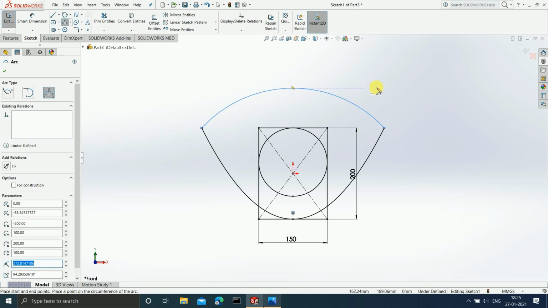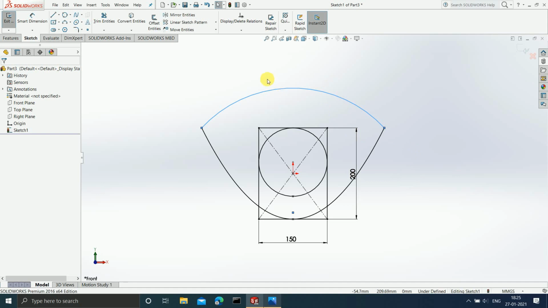Okay, so I have finished drawing the arc. So I will now click on escape. Now can you see, guys, that this arc is in blue color while the rest of the sketch is black color. Why is this? Because we have not given measurement to this arc, and if you have not given measurement to this arc, then can you see, guys, here you can see something called underdefined. Underdefined means you have not given dimensions to a particular sketch properly, and if you have not given any dimension, then you will always get this signal that is underdefined. Your sketch must always be fully defined.